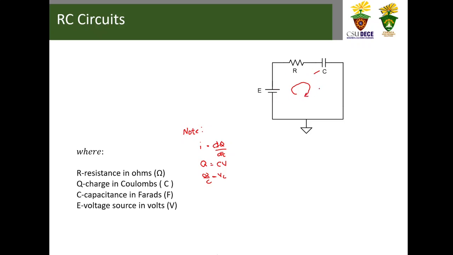So follow the loop here. So we have negative E plus R times I plus the voltage across C equal to 0. Then we will be substituting the value of I and VC. So first, let us move or transpose the value of negative E to the right hand side. So what we have left is Ri plus Vc equal to E. Then substitute these following values. So we have R times dq